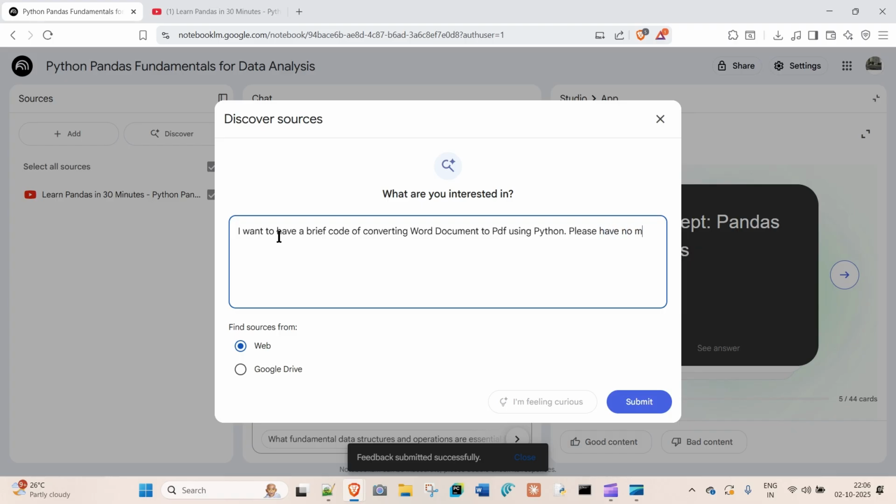Please have no more than sources input. So I want a brief code for converting Word document to PDF using Python, and I want no more than 8 sources in input. And of course, I will go for web. I will click on submit,